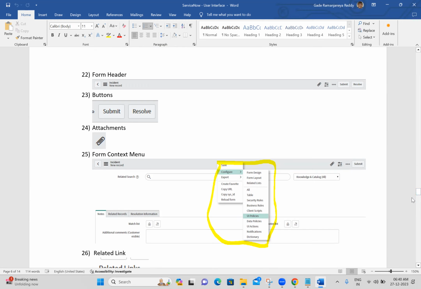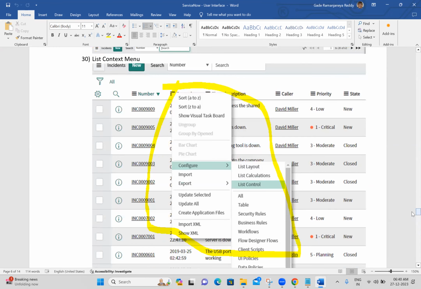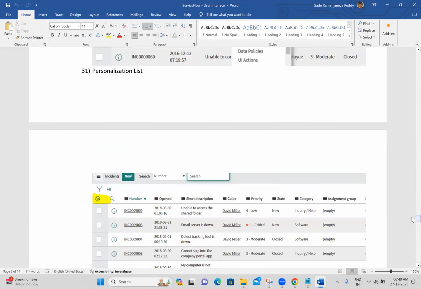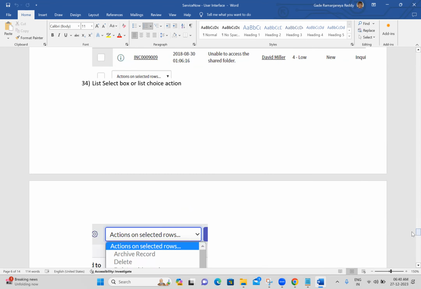Related links, related lists, work notes, list header, list context menu. You can see personalized list. Earlier, the personalized list was here, but now it appears in the list header only. Next, filter icon, breadcrumb bar. You can see breadcrumb bar. This is breadcrumb bar. List